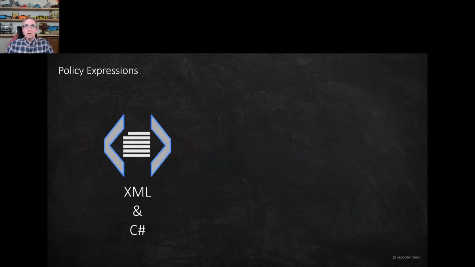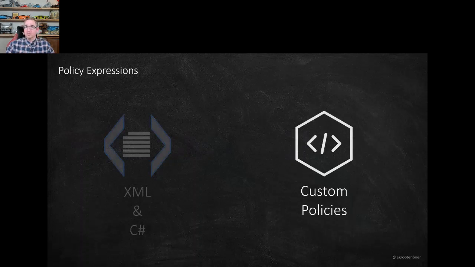So what does a policy look like? A policy is a combination of XML for out-of-the-box policies and C# for custom policies. Out-of-the-box policies, there's about 15, or now more like 30-ish, 40-ish out-of-the-box policies. I'm not going to name them all. You can look them up on docs.microsoft.com, where there's a complete list. But it's things like throttling, like caching, like rate limiting, all those kind of different things.